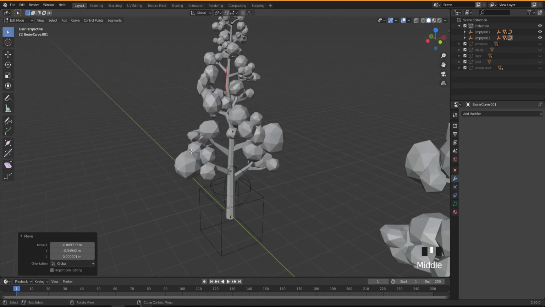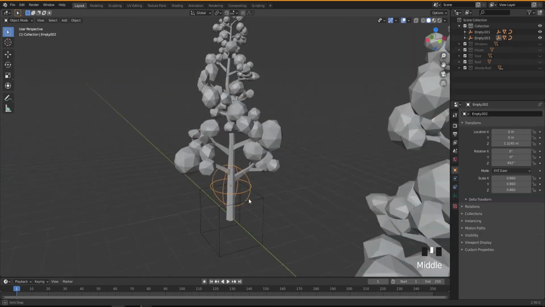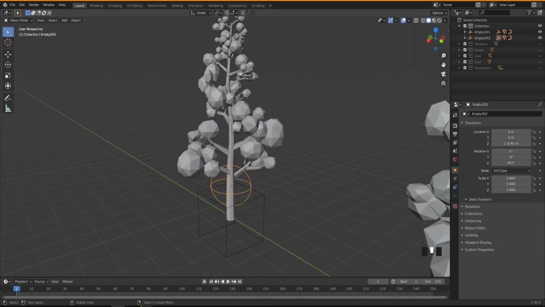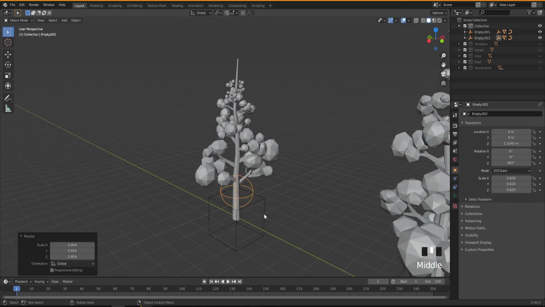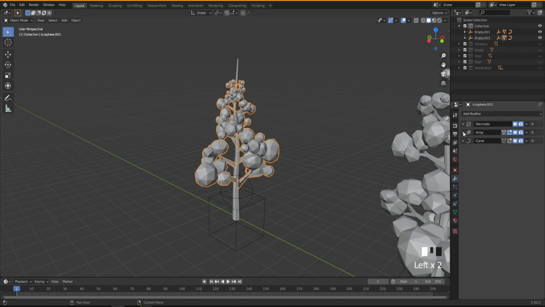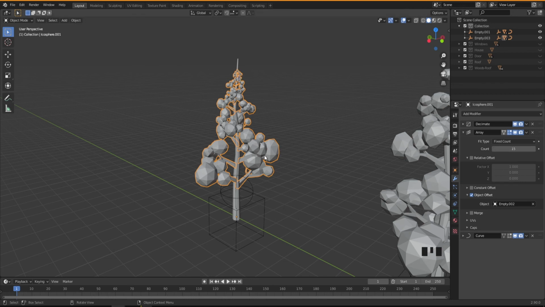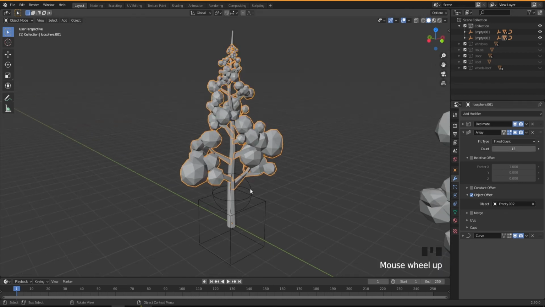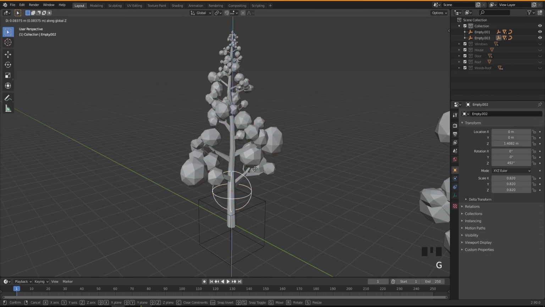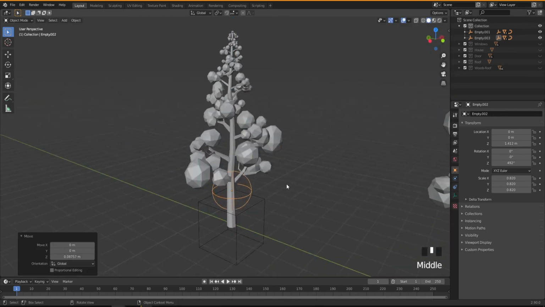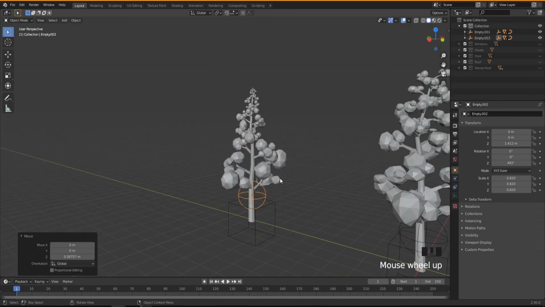Just like this. Should be fine. And you can even play with the scale. Scale them up, scale them down. We can add more chunk to it. So if you select this one and make this one like 15, and move it up, so G, Z. So now you have a little bit different from the other one.